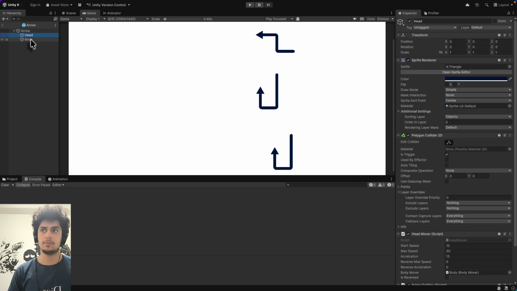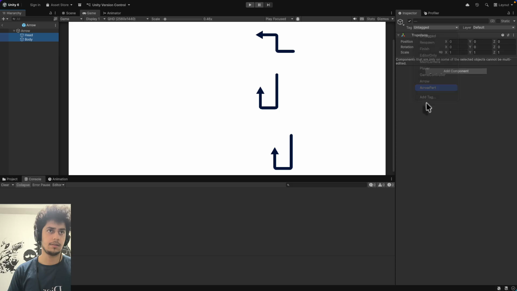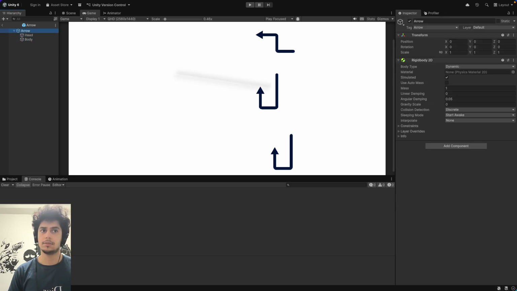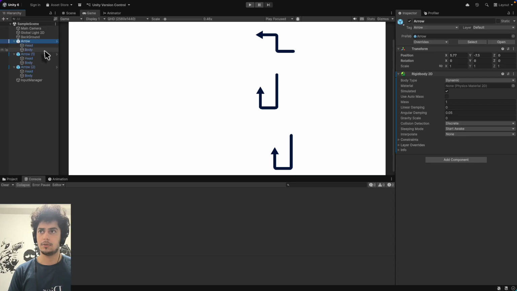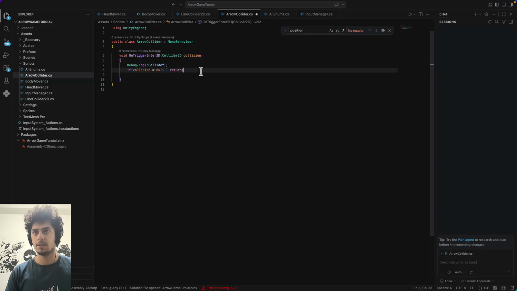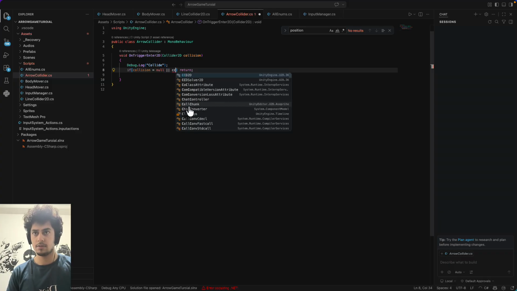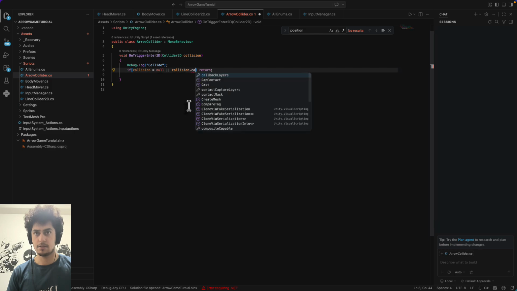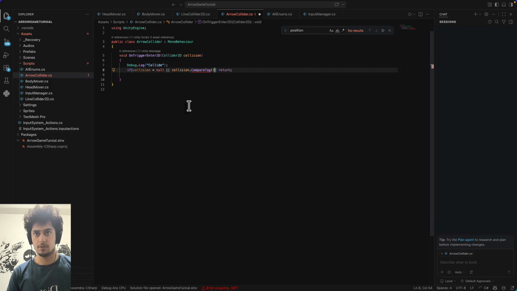And for both of them I'm going to use this tag, so I know I hit an arrow part, and I say for all of them yes, with that worked, and I can say if collision.compareTag was not equal to arrow part,